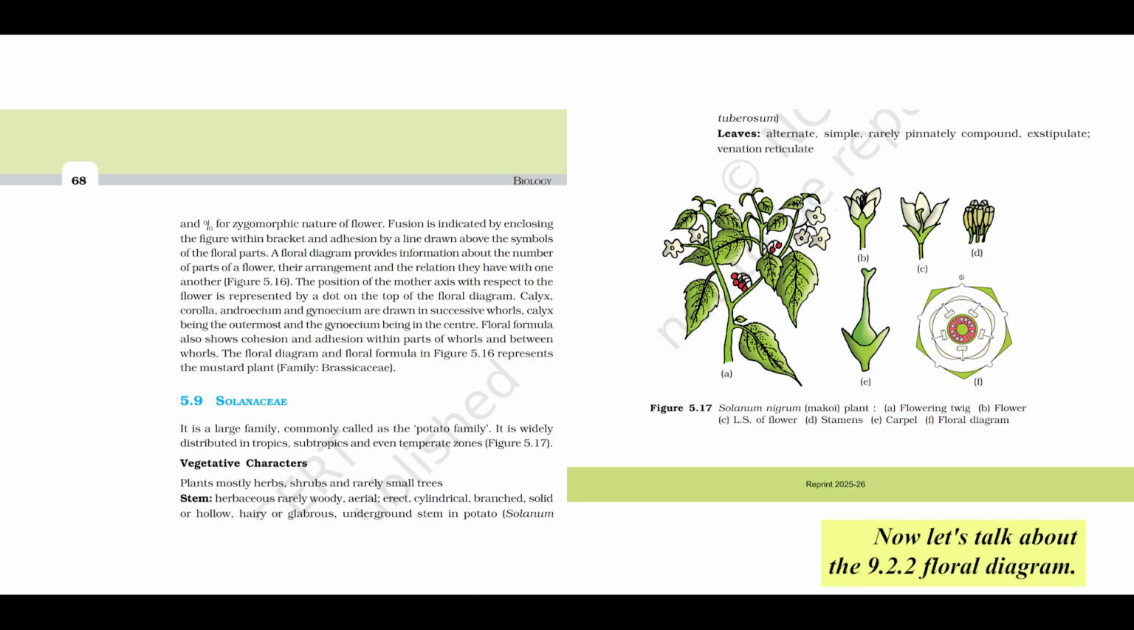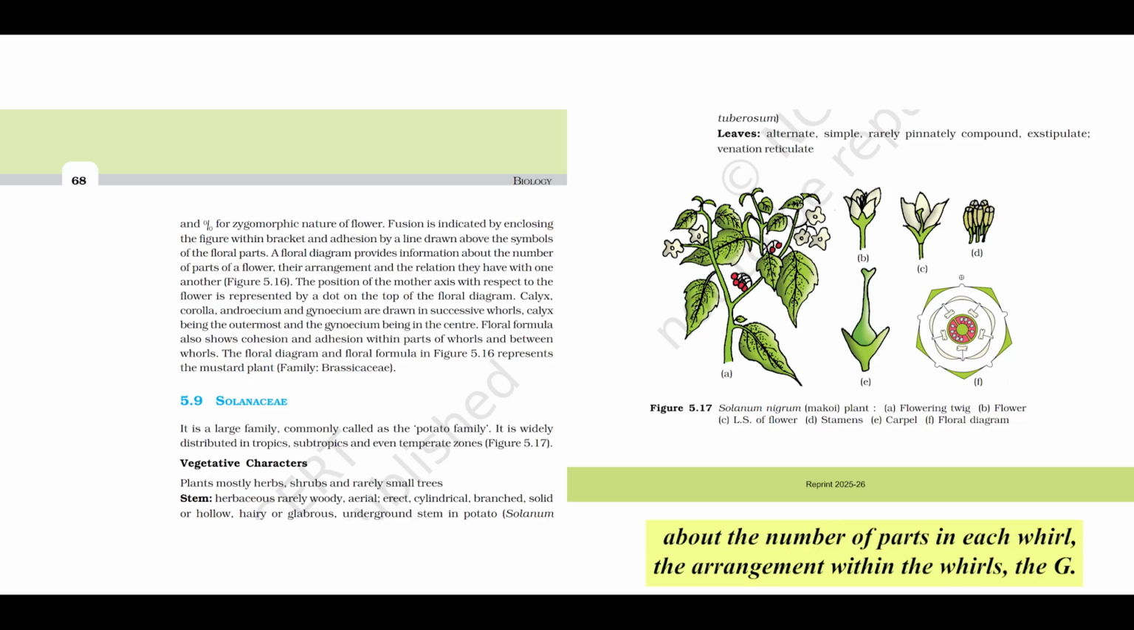Now let's talk about the 9.2.2 floral diagram. A floral diagram is a graphical top-down representation of a flower structure. If you refer to figure 5.16 in your text, you'll see a classic example showing both the floral diagram and the floral formula for the mustard plant, Brassica. This diagram provides rich visual information about the number of parts in each whorl, their arrangement within the whorls, e.g. aestivation, and the relation they have with one another, specifically, cohesion, fusion within a whorl, and adhesion, fusion between different